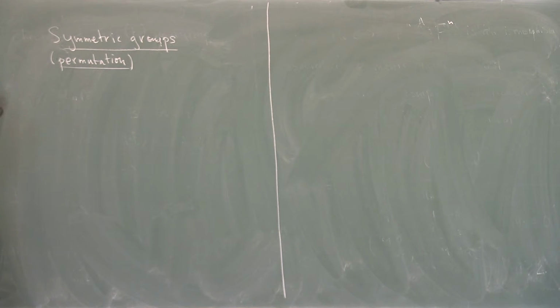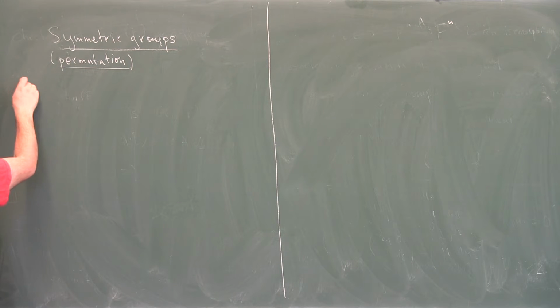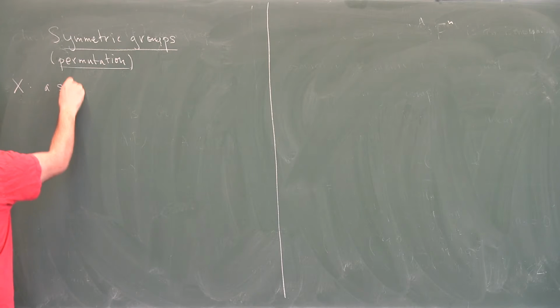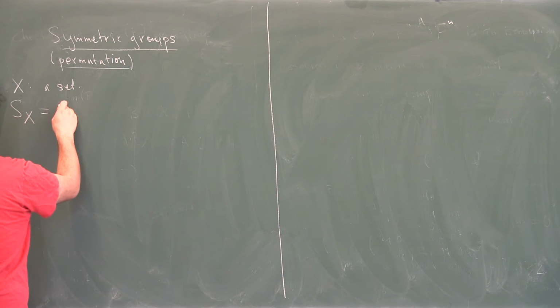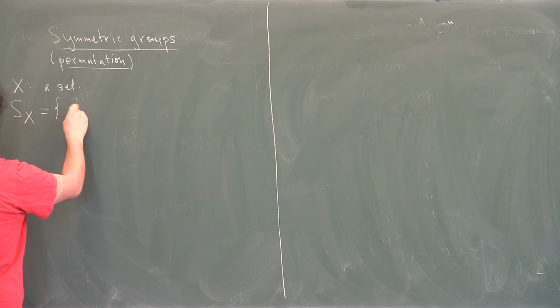Okay, so we are given a set X. S_X, the symmetric group on X, as a set, is the set of all bijections